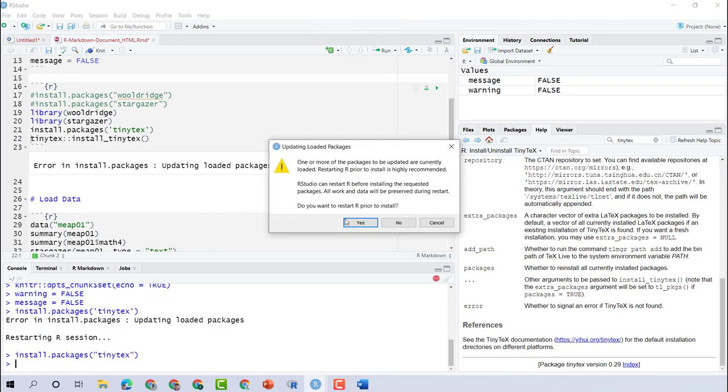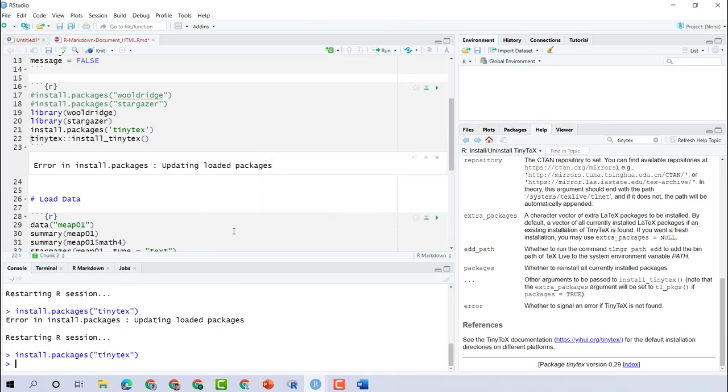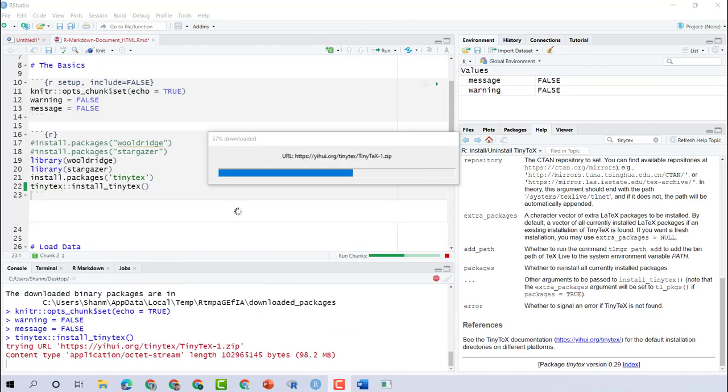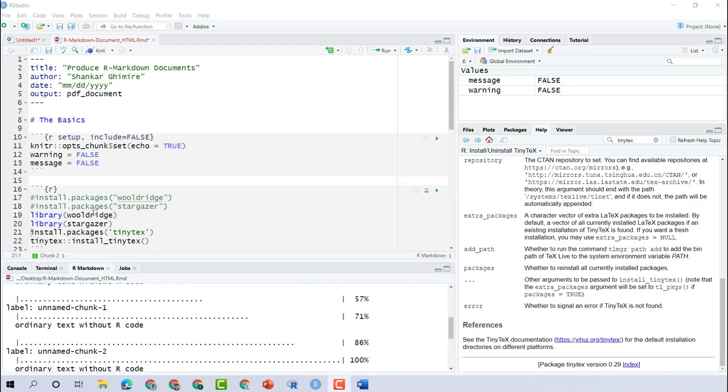Looks like it is installing. It's going to take a while to do all this. Okay, it took me a while to install this, but since I am done with this, I'm going to comment